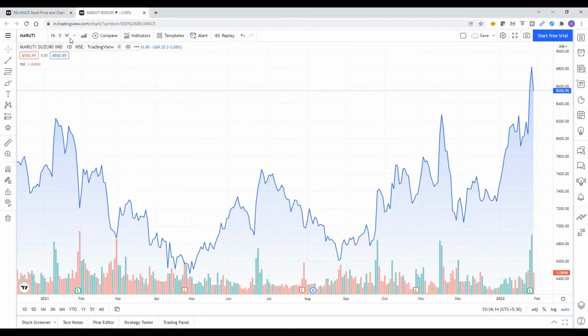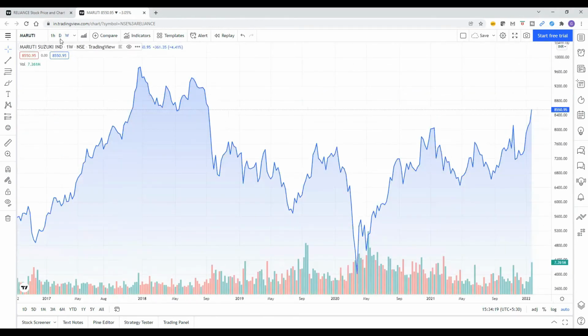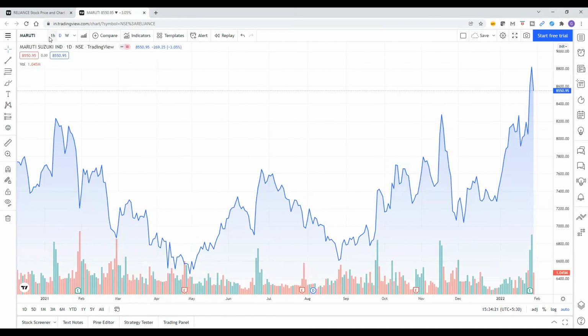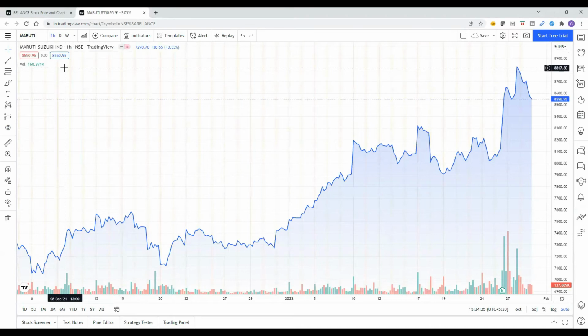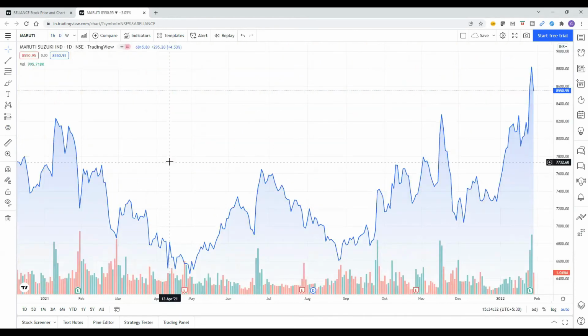So hourly, daily, weekly, based on that, you can click on that. You can highlight. So this is the weekly pattern. This is the daily chart and hourly chart. So you don't need to go into that selection part. Without that selection part, you can simply click that time frame or range, whatever you want, here.